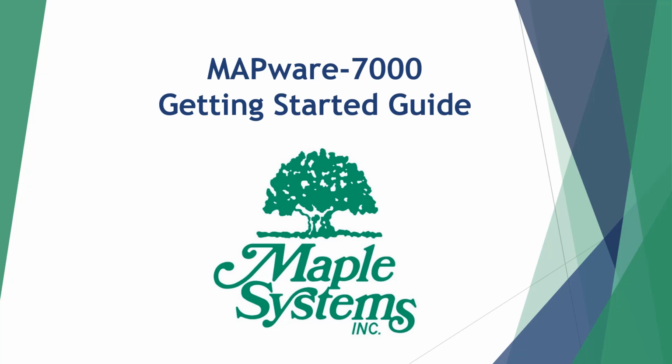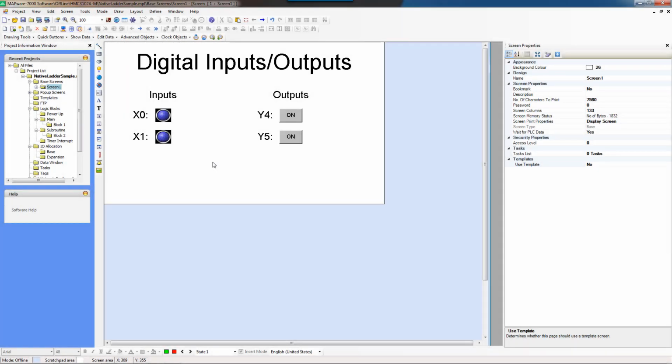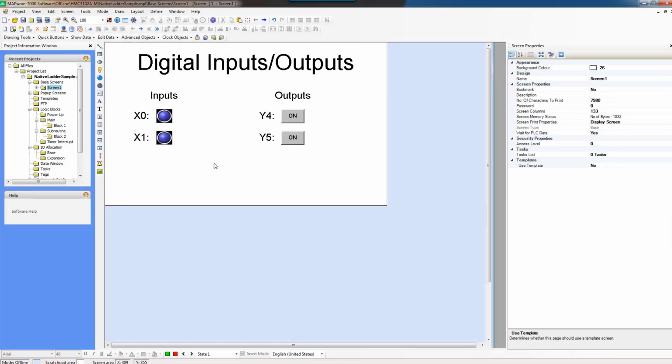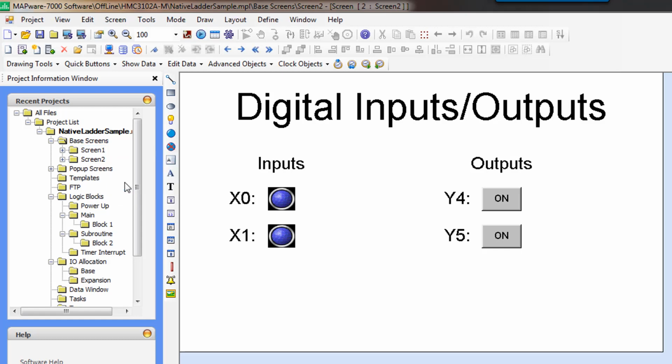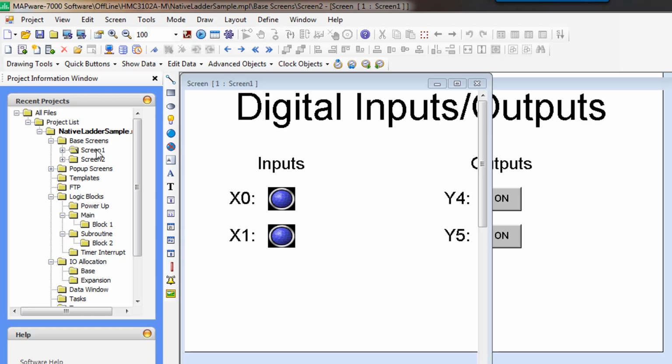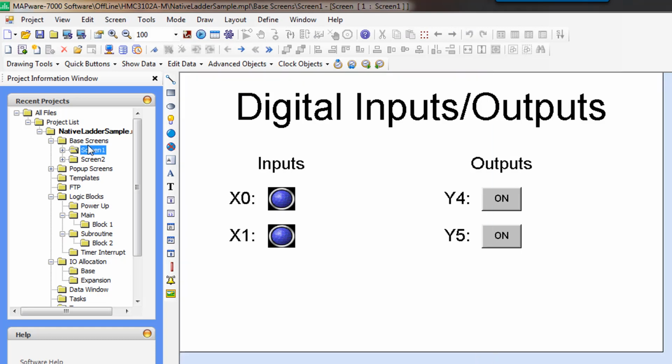Now we're going to make another display for the analog input. I'm just going to show you that you can duplicate a screen. Just to make this go a little faster, we can right-click on screens under the base screens and click duplicate. When you duplicate a screen, it changes to the new screen, and you can tell that based up here in your title bar. So we're looking at screen 2 right now, and we can switch back to screen 1